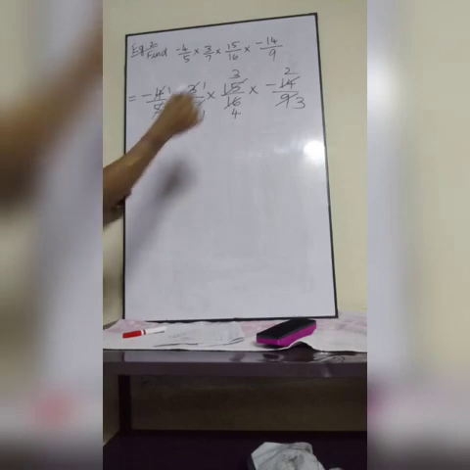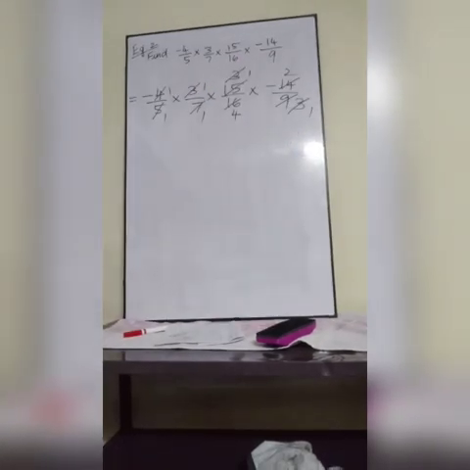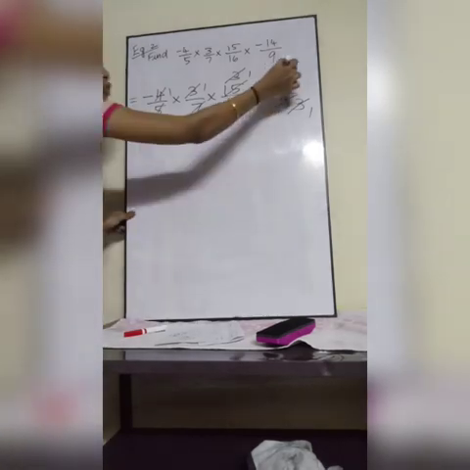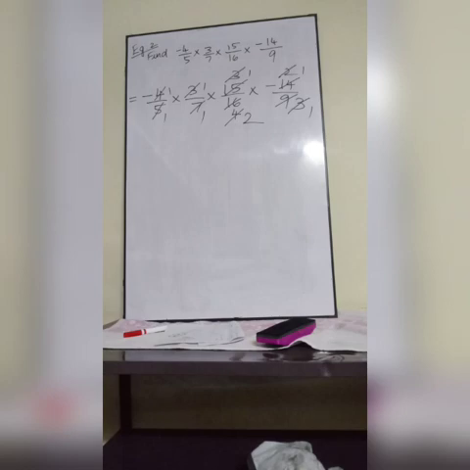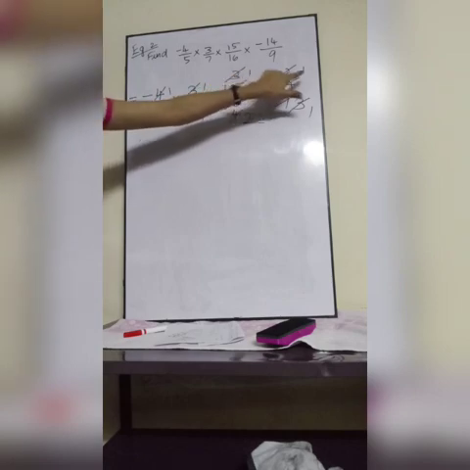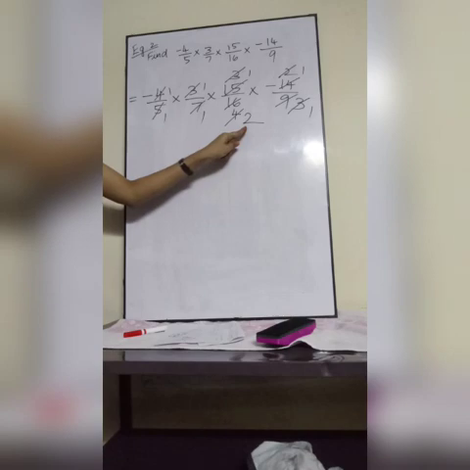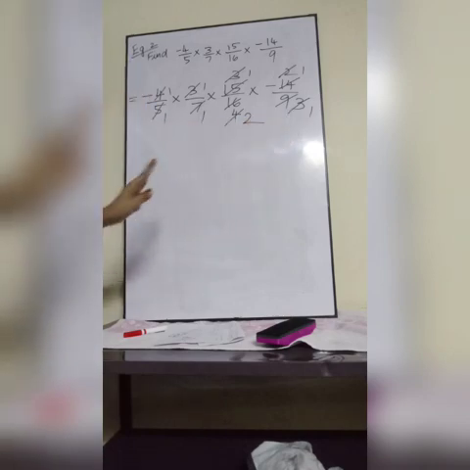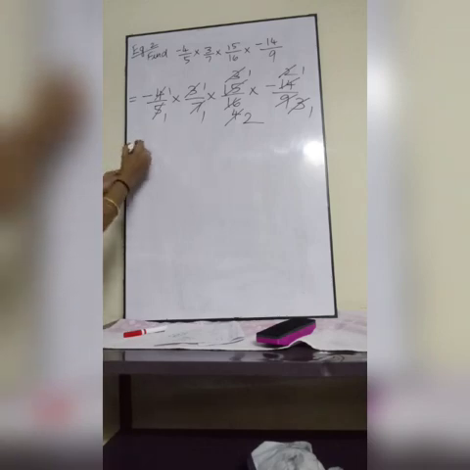Yes. Next, 3 ones are 3, 3 ones are 3. Can we cancel like this? Yes. Next, 2 ones are 2, 2 twos are 4. Can we write like this? Is there any other possibility to cancel? No. Here we reached 1, here also 1, here 1, here also 1. So we can't do anything. Next, here 1, here 2, here 1. That's all. No other possibility to cancel. You can cancel it by yourself, children. It is very easy. Now I am going to write the numbers.